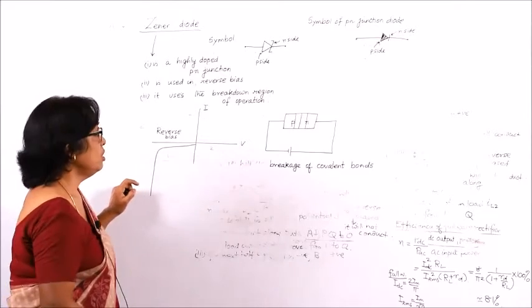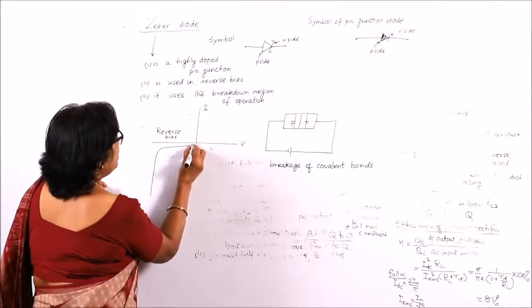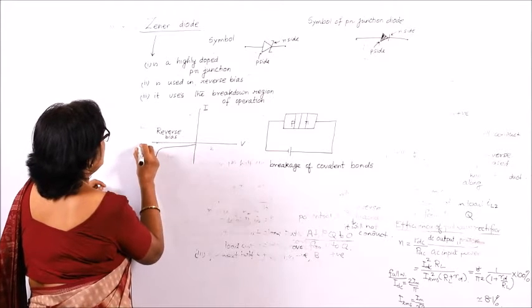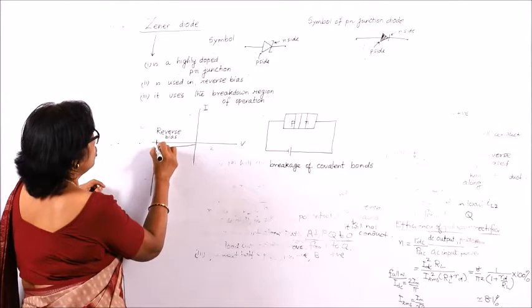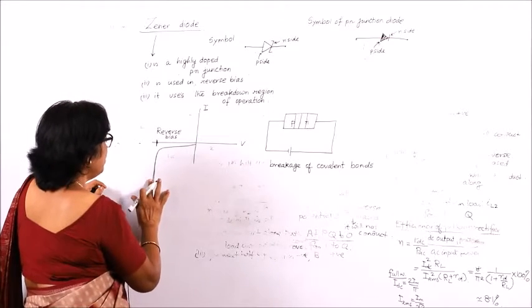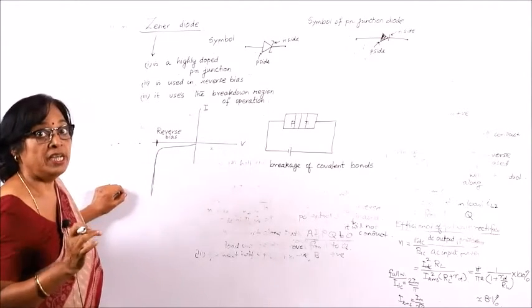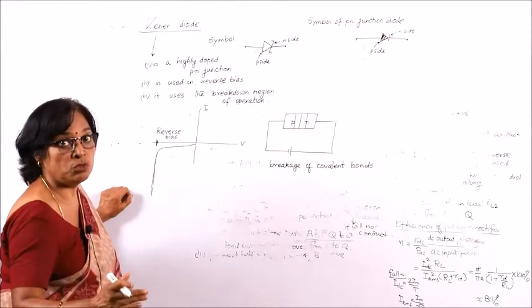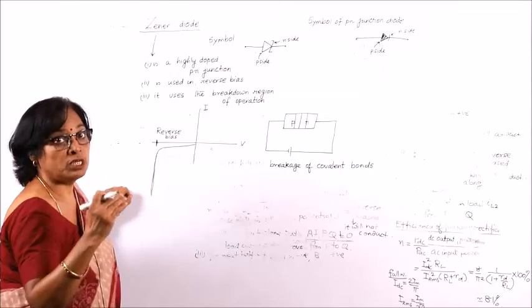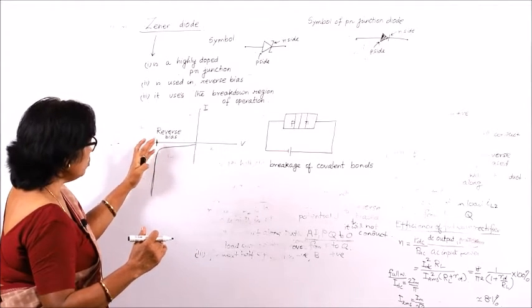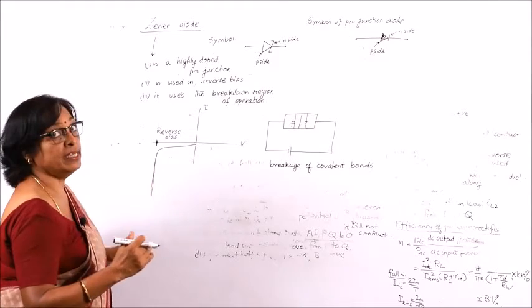large value. And the main thing is that the voltage here is not increasing; the voltage remains constant and the current increases. This is different from a conductor. In a conductor, when you increase the voltage, the current will increase by the same amount. V and I are proportional, but here the voltage remains constant and the current will go on increasing.